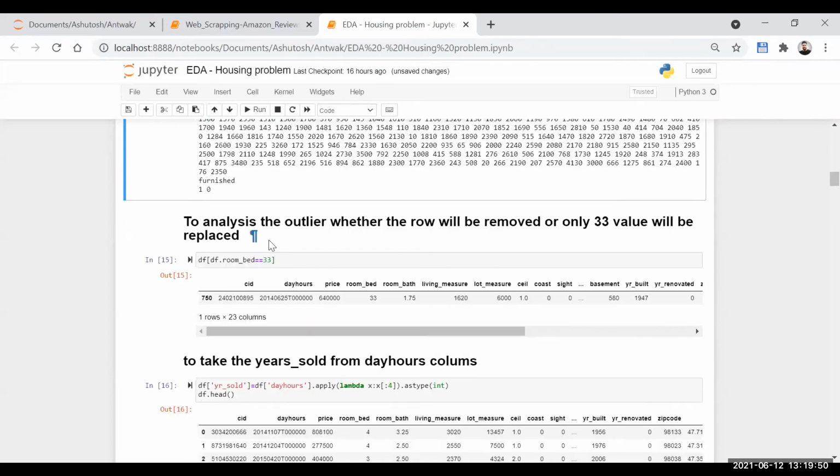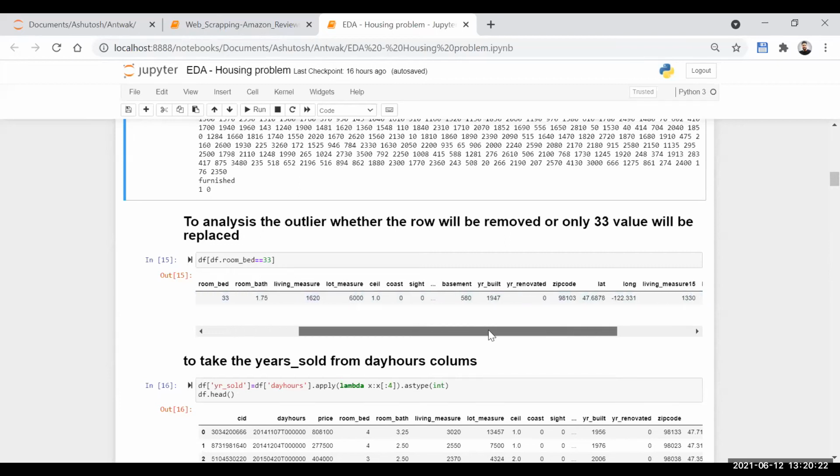And just like I said, the bedroom has 33. Just to analyze if it is possible, you will see its price is coming out to be 640,000, and the bedroom count is 33. For a 33 bedroom house, there is only 1.75 bathroom. Let's say we take either 2 or 1. So for 33 rooms, there will be only 1 bathroom, and the living measure is 1620 square feet only. This tells you that these are going to be outliers in your data,